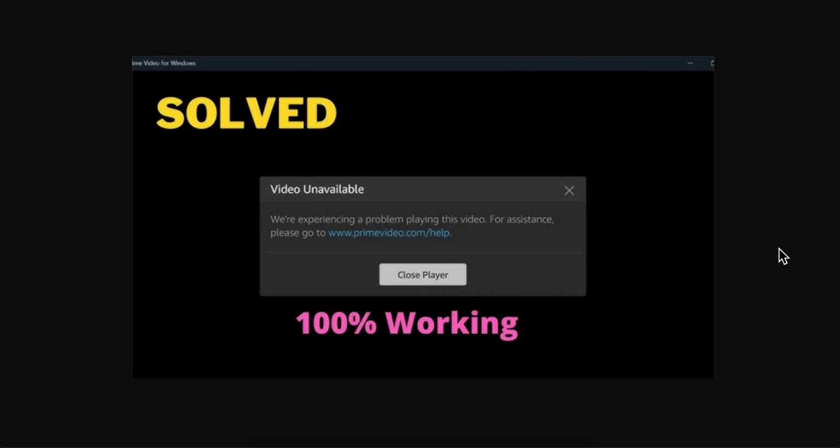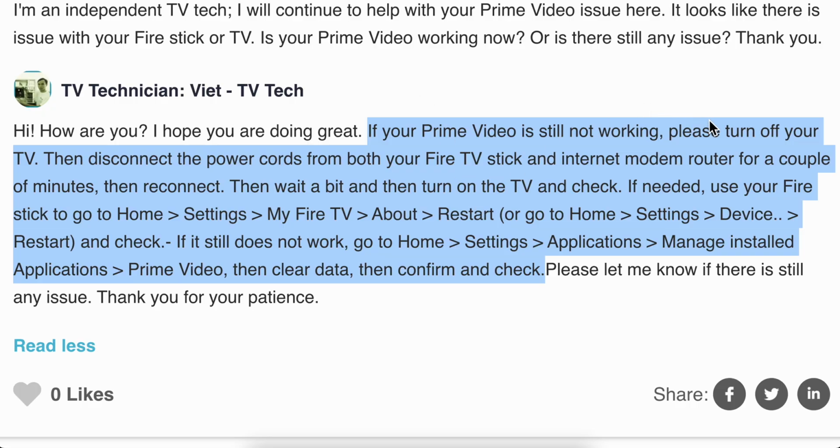How to fix Amazon Prime error code 5001 and 1061 error. So basically what you're going to have to do is simply turn off your TV, then disconnect